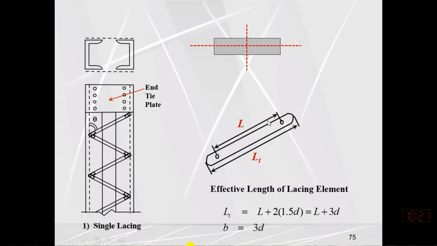And similarly, minimum width. So from the center of this hole to this side, the minimum distance should be 1.5D, and similarly the minimum edge distance from the center of this hole to this side should be 1.5D. So the minimum width of this plate should be equal to 3D minimum. There are other two criteria that we will discuss in our solution, and the thickness will be computed depending upon the slenderness ratio.